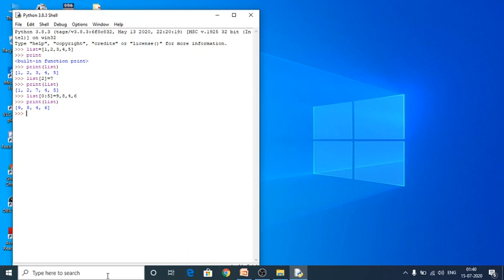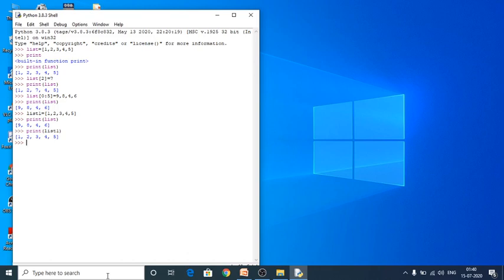Next I am going to give small examples for your reference. So list 1 is equal to 1 comma 2 comma 3 comma 4 comma 5 is already there. Next I'm going to print list 1. Okay, so I'm going to add some more elements into the list.